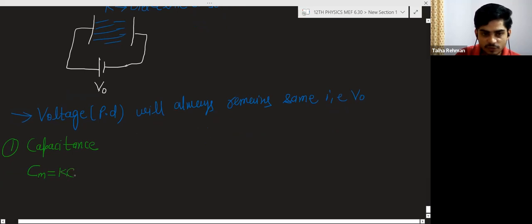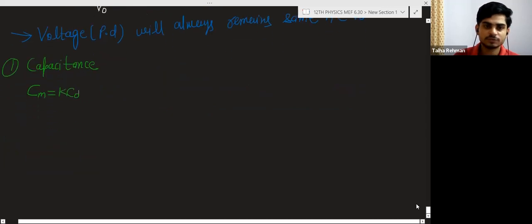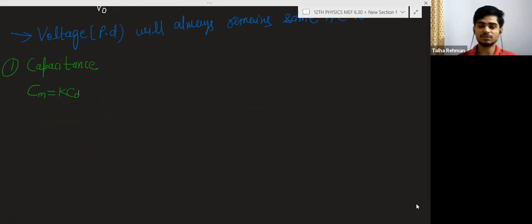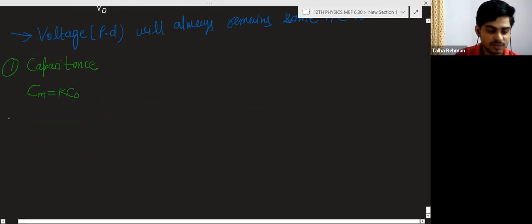This will become K times C epsilon naught. We have discussed this in previous classes: capacitance will change accordingly, K times. Capacitance is increasing, because K is greater than 1. Second, if I want to calculate the voltage,